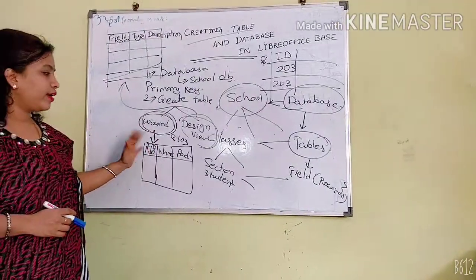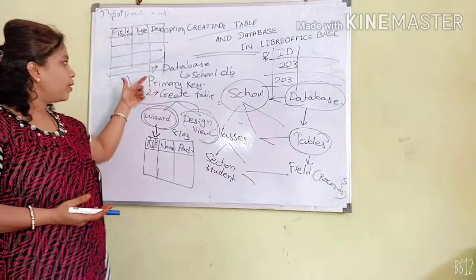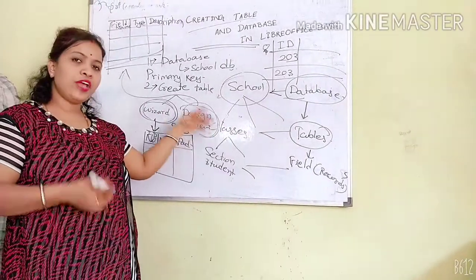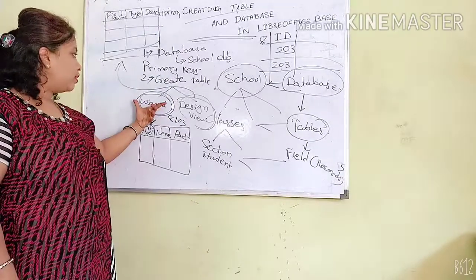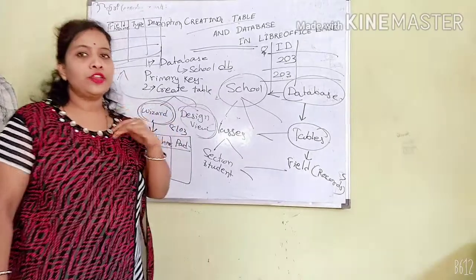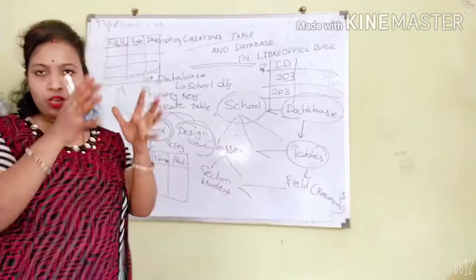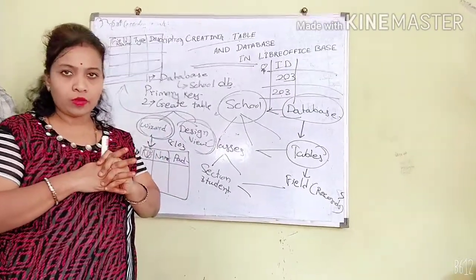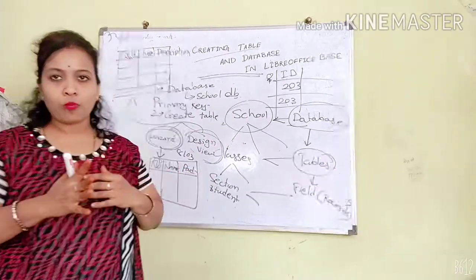So this is all about creating a table. Once you have created a table, the next step is to create a form. In the same way, there are two options, using the wizard or the design view, everything is the same as creating a table. By using the wizard you can use predefined things in your form and report also, and by the design view you can arrange and make your form and report according to your necessity. I think you have all understood everything properly.